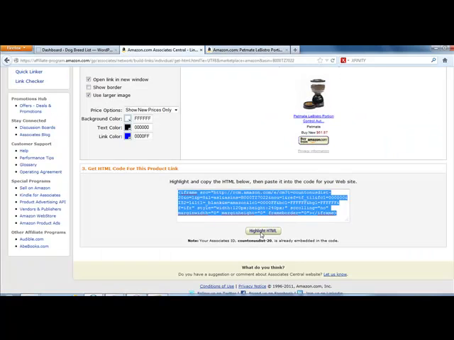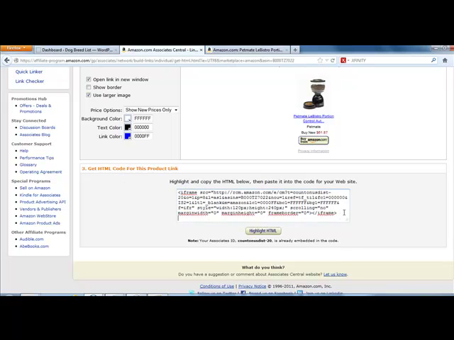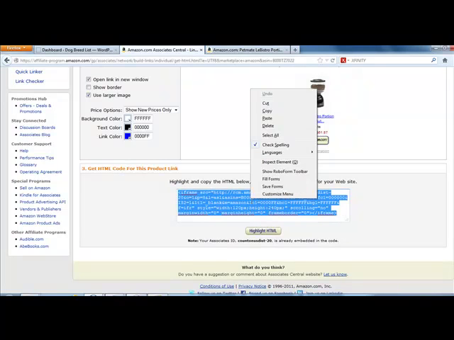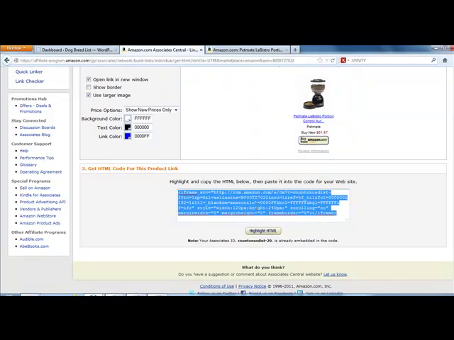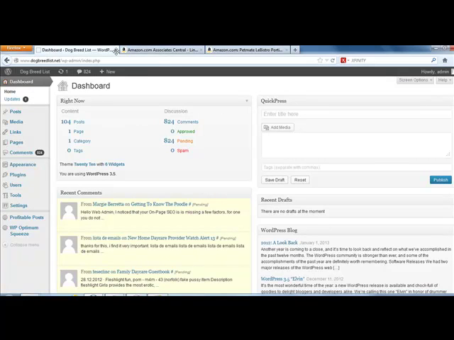So all you're going to do here is just click on the highlight HTML button, or you could go in here, highlight it all with your mouse by clicking and dragging. And then you can right click and choose copy. So again, just choose right click and copy, and you're just going to have this code copied. So what we're going to first do is take this code, we're going to put a product within